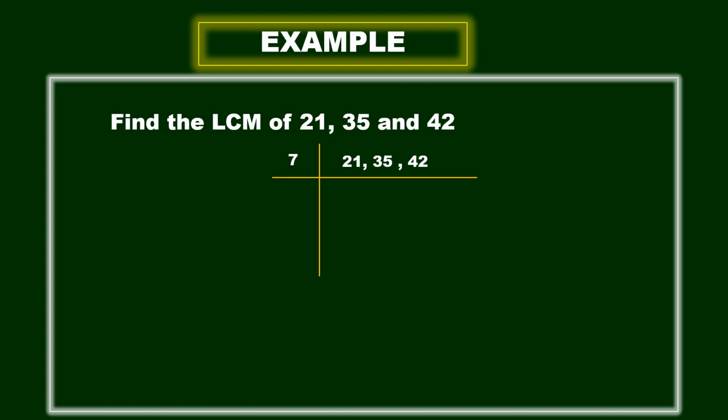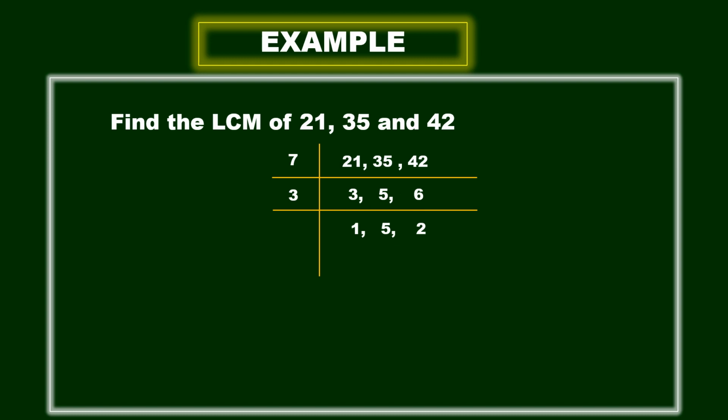You can directly take 7 also because here I can say it divides 21, it divides 35, it divides 42 also. Okay, so I can take 7. So 7 3 is 21, 7 5 is 35, 7 6 are 42. Okay, now here if you see, again here you have 3 and 6, means I can take 3 table, right? So I should take 3 here. So 3 ones, 3 twos. Here 5 is not divisible, so I am carrying that 5 again.